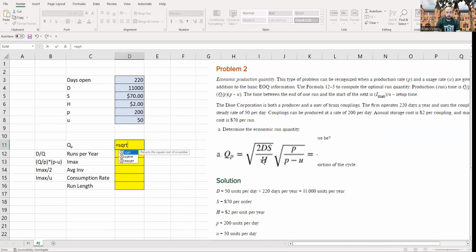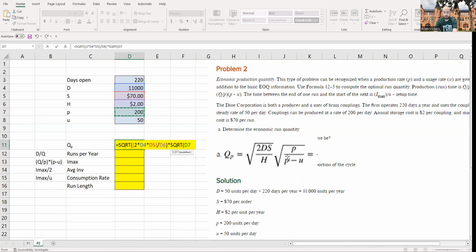We want to find the square root of this and then multiply by the square root of this. So square root of, open our parentheses, 2 times d times s, close our parentheses, divided by h, close our parentheses again. So the square root of this, it's going to find all that. And that's the same formula we did for EOQ, right? But then we multiply that by the square root of